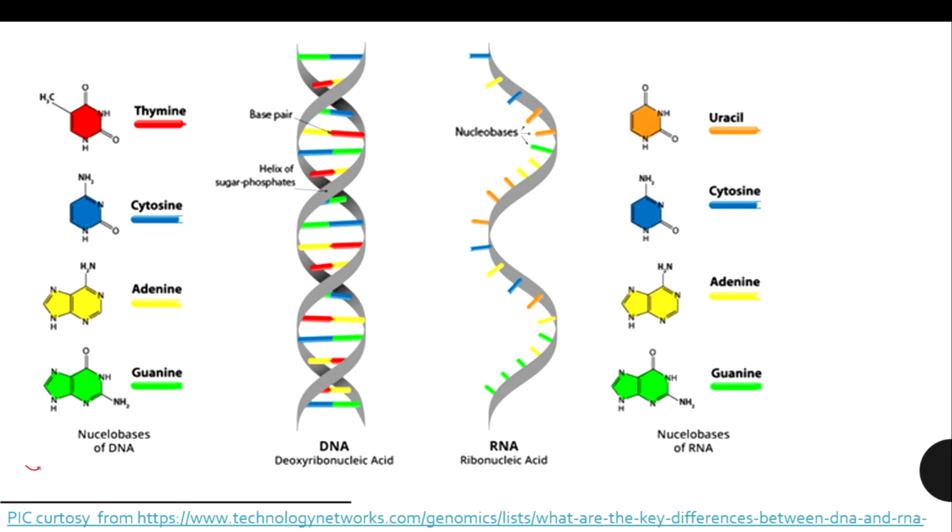So these are all the nucleobases of DNA, and these are all the nucleobases of RNA. The difference between DNA and RNA bases is thymine and uracil. The absence of thymine in RNA as well as the absence of uracil in DNA is a major difference here, and the remaining are the same, right? And this is the single strand of RNA. This is the single strand of RNA structure, right?